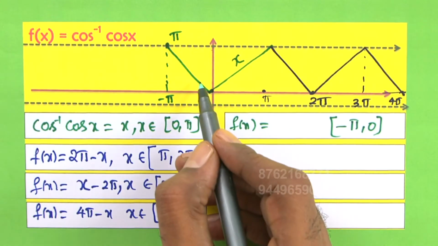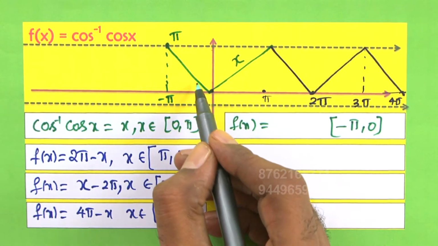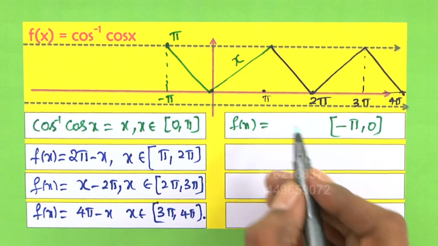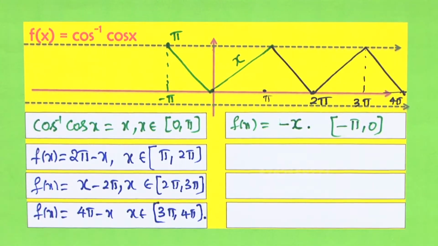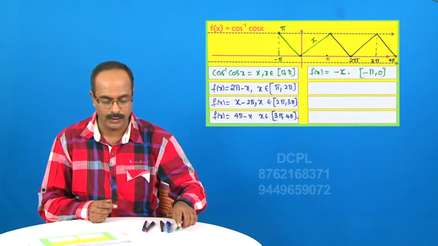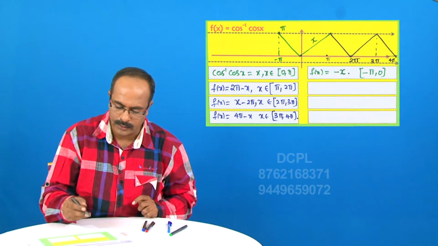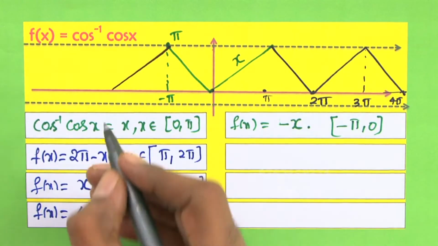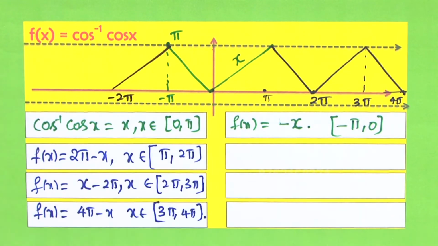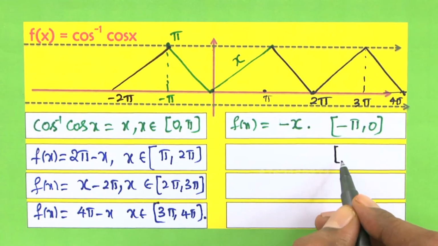Can you tell me what is the slope of this line? Slope of this line is minus 1. So it should be simply minus x. Is that correct? Right? It is minus x. Next, when x lies between minus 2 pi to minus pi,